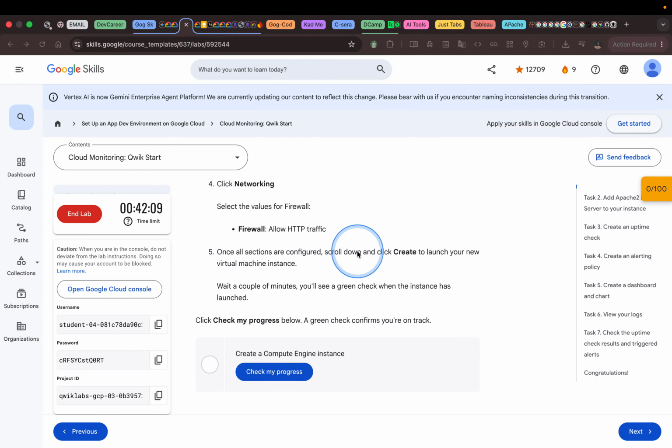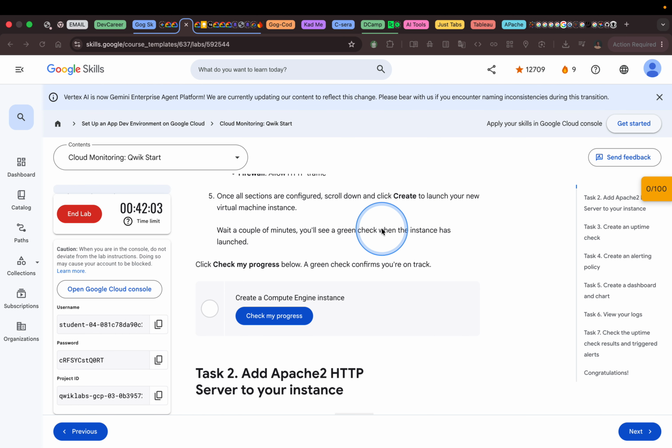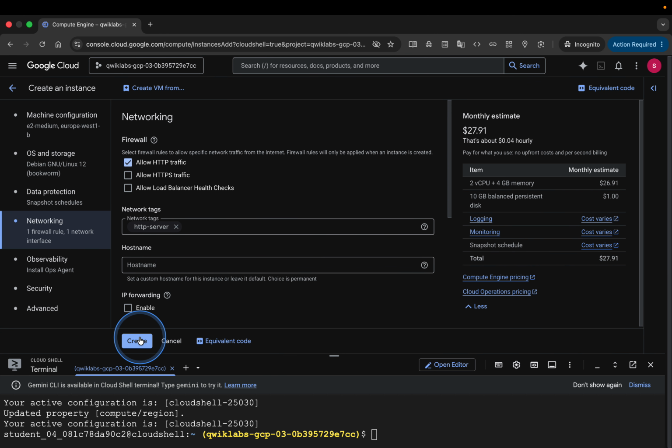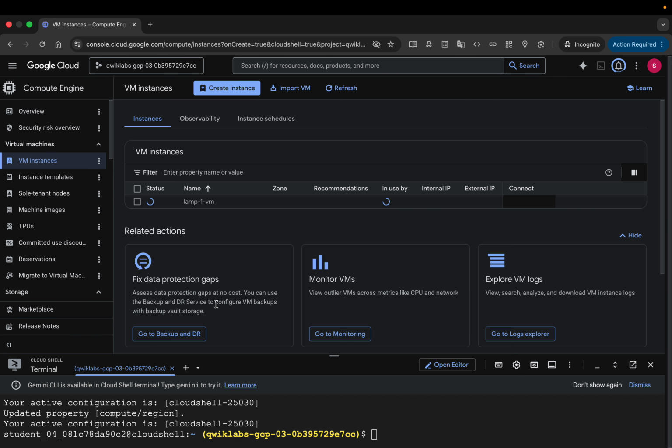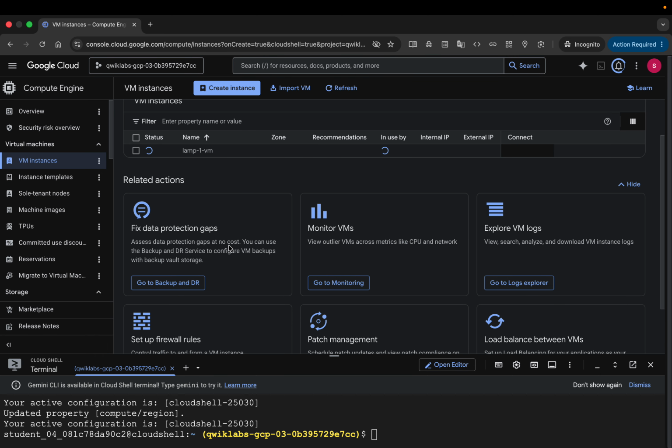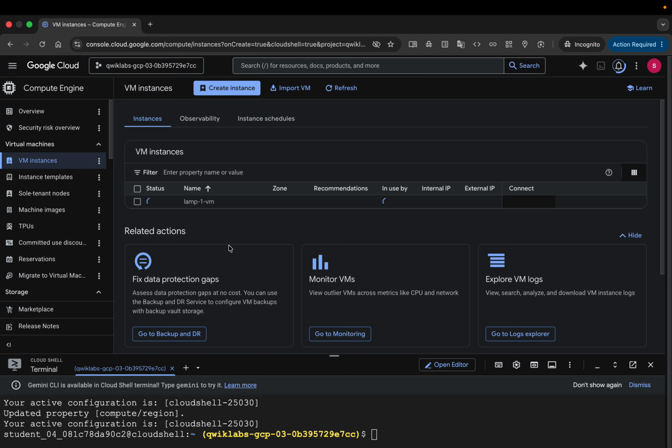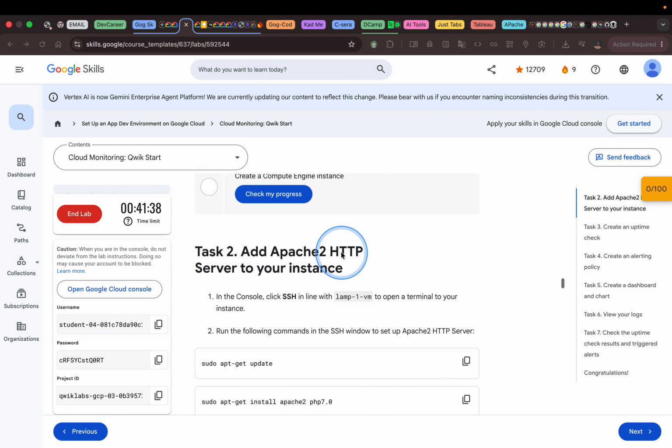So once all sections are configured, we'll scroll down and click create to launch our new virtual machine. And within a couple of minutes, we'll see a green check when the instance has been launched. So let's click create. Resources have been allocated. So while that's going on,